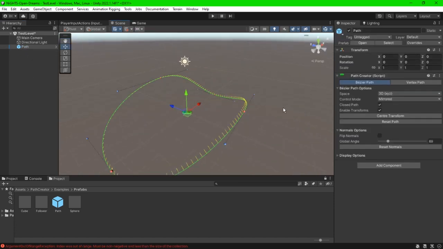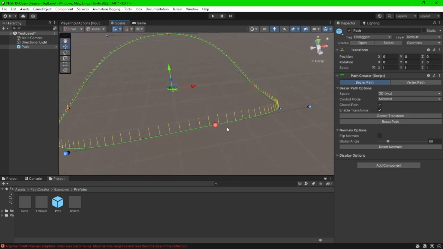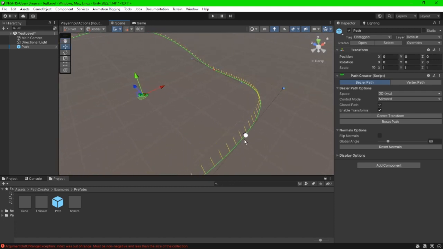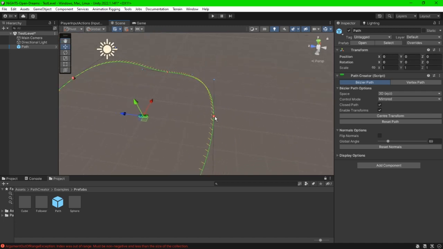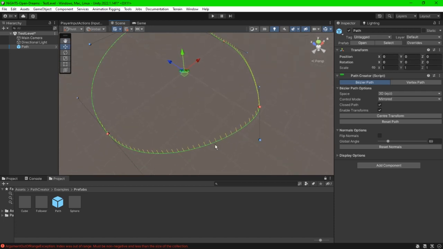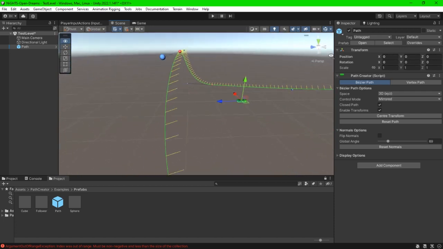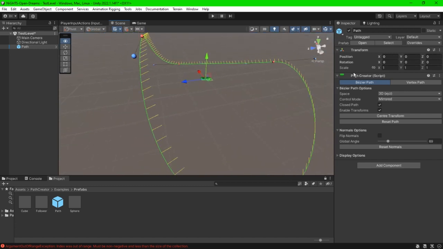So, when you have a path placed, you're going to see a few things. There's these red dots. These are the points. You can move them around. That is where the Bezier curve will go through. There's the blue dots, which will adjust how the line goes through that point. There's the green line, which is the actual curve, the path. And then there's the yellow lines poking above it, which are the normals, or where the up is on the